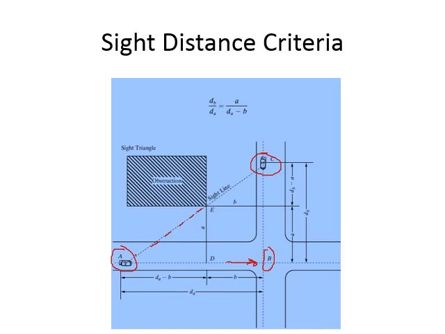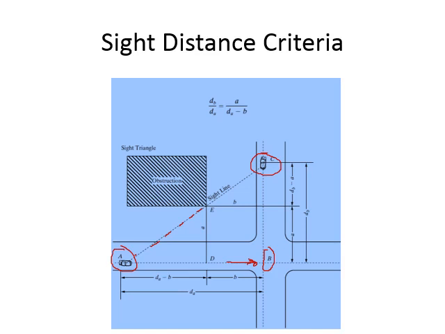We talked about it in the previous chapter as well, for horizontal curves, that there should not be any obstruction on the side of the road if you are looking across the curve. So let us have an equation which can ensure enough sight distance across the turning for you